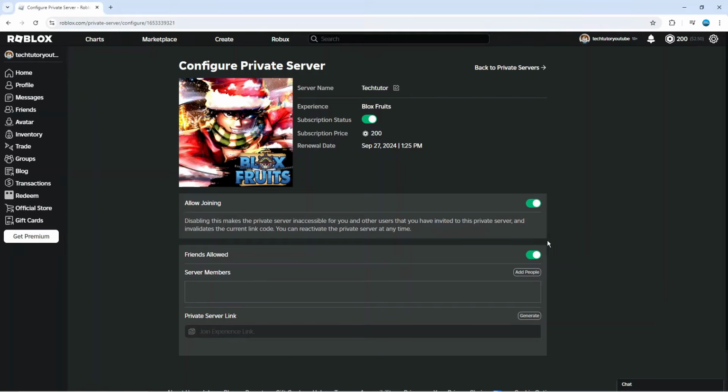Or what you can also do is come down to the bottom and you're going to see a private server link. So what you can do is click the generate button down here. What it's going to do is actually generate a server join link, and if you click this copy button here, you can go ahead and send this to your friends on Roblox, or you can send it through something like WhatsApp or Facebook Messenger, and when they click onto that link, they're going to be able to join your private